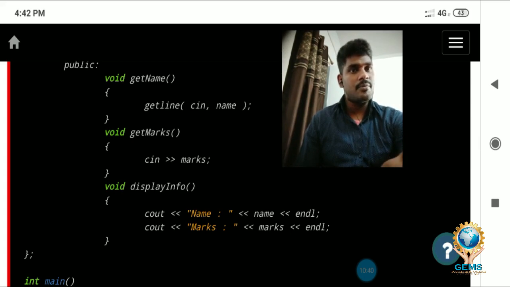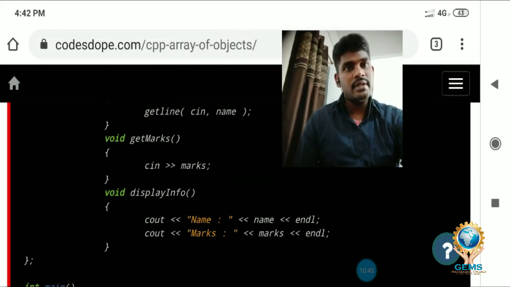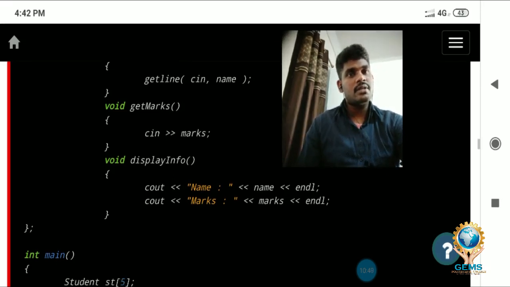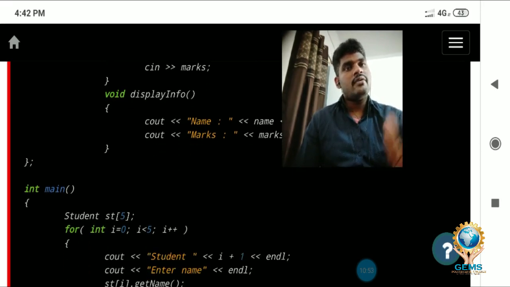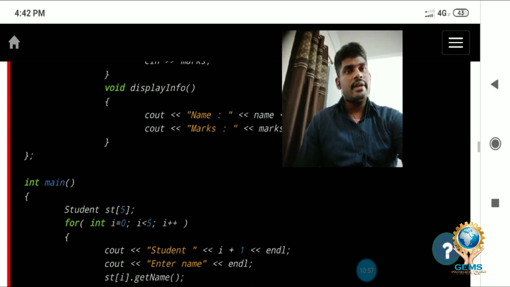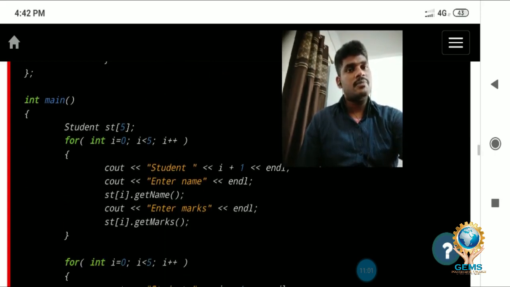Void getname is a member function where getline assigns the values. Then another member function, getmarks, assigns the values. And one more function, display, which displays the name and marks.